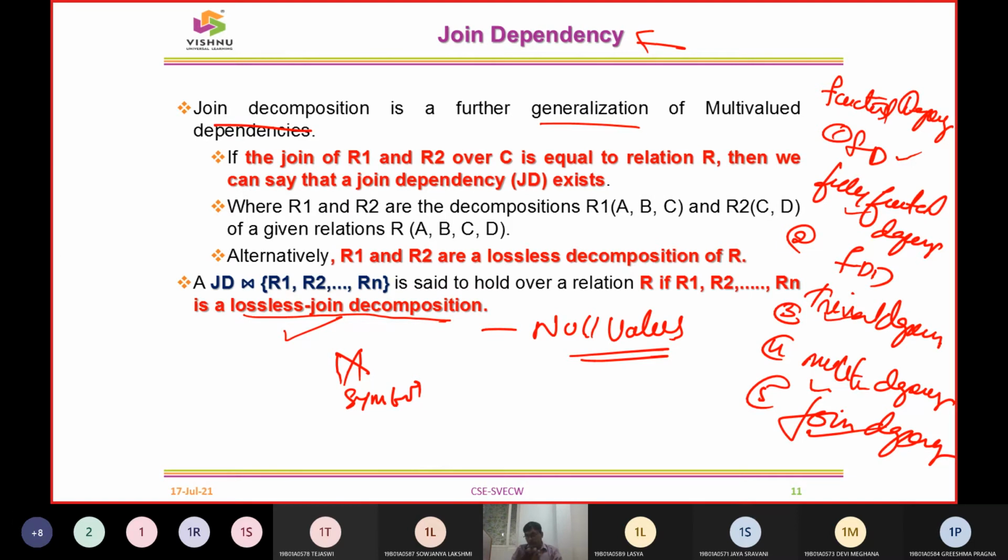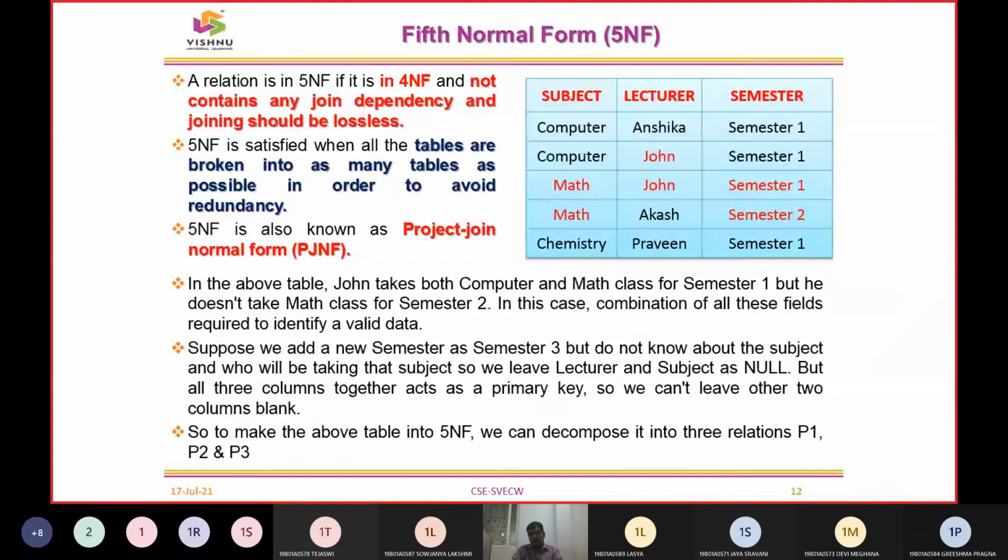But putting null values using the full outer join, the left outer join, the right outer join is not accepted as a part of the fifth normal form. So what has to be done? We should see that it is decomposed in such a way that we cannot use any null value. Then how is it possible? It is going to be possible when we put things in the